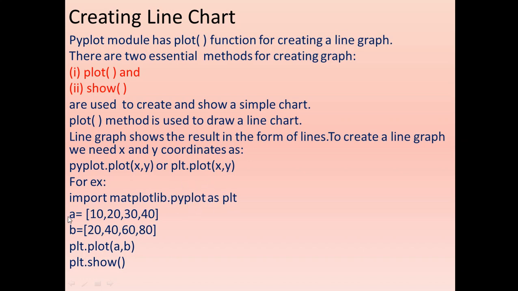Okay. And then we will specify the value for the x coordinate as well as the value for the y coordinate, as I have specified with the help of two variables a and b. And for both the variables a as well as b, I have given the value in the form of a list. Okay. So 10, 20, 30, 40 is the list. The second, b, is also another list. So this a and b value we are going to provide according to the syntax as the x coordinate and the y coordinate. So the value of a will be drawn as the x coordinate and the value of b will be drawn onto the graph as the y coordinate.